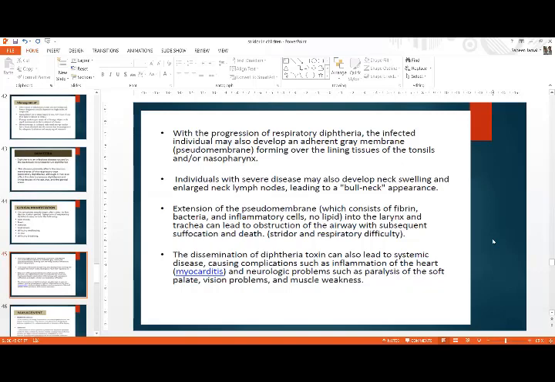There is development of an adherent gray membrane, which is called the pseudomembrane, over the lining tissue, tonsils, and the nasal passages. Extension of the pseudomembrane into the larynx and the trachea causes difficulty in breathing. The dissemination of diphtheria toxin can also lead to systemic disease causing complications such as myocarditis,